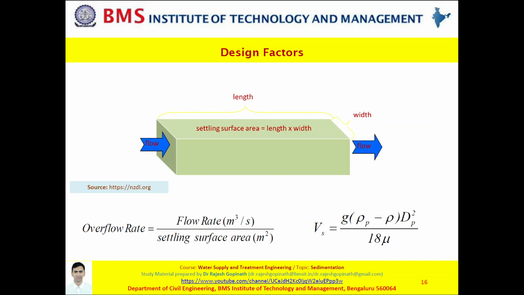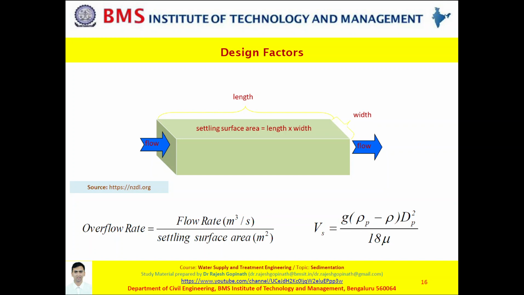Okay. Then most important, the overflow rate, which is the discharge divided by the surface area. Moving on, detention period, which is the capacity of the tank divided by the discharge. Weir loading rate, which would be the discharge per day divided by the length of weir. Okay, what we need to understand is velocities: settling velocity, carry velocity. Settling velocity would be that velocity wherein there is facilitation of settling of particles taking place. In this context, if there is 100% removal of particles, then you call it the critical settling velocity.